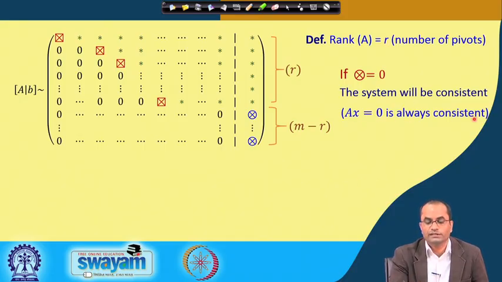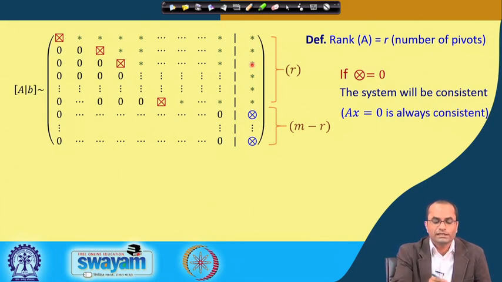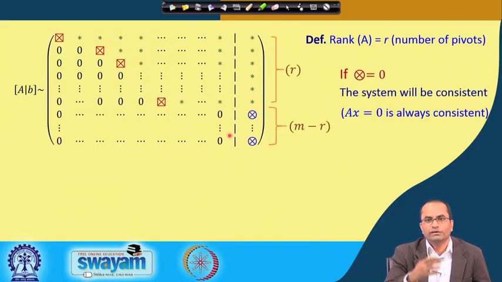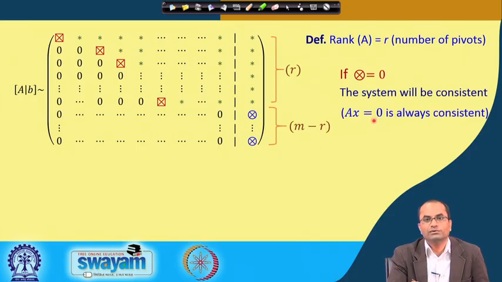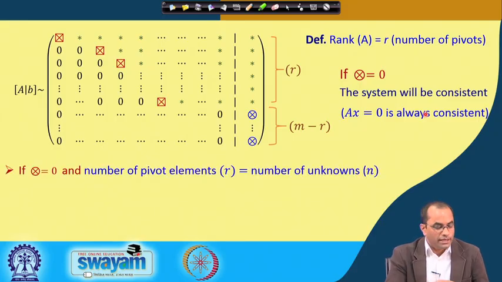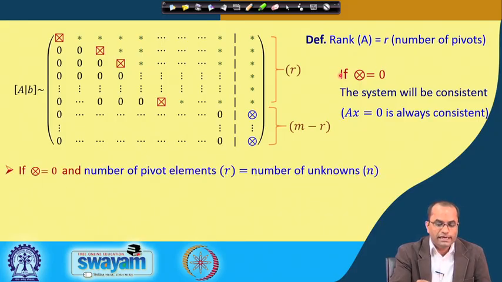is equal to 0 is always consistent, that is the inclusion coming from here, because when we have this b as 0, this column has everything 0. So, naturally these numbers will be 0, and we are doing only row operations from the beginning, so nothing will change. They will definitely be 0 when we have Ax equal to 0. So, in that case the system is always consistent, meaning Ax equal to 0 will always have a solution. Anyway, we will talk a little more later, and now